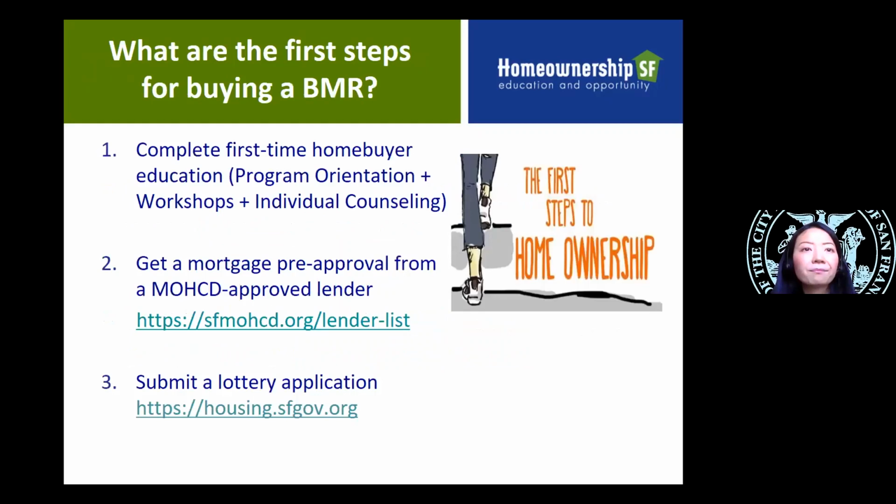So what are the first steps for buying a BMR? Step 1 is completing a 10-hour first-time homebuyer education through a MoCD-approved housing counseling agency. The education includes a 2-hour orientation about the MoCD homeownership program, 6-hour workshops, and 2-hour individual counseling. The applicants need to register at